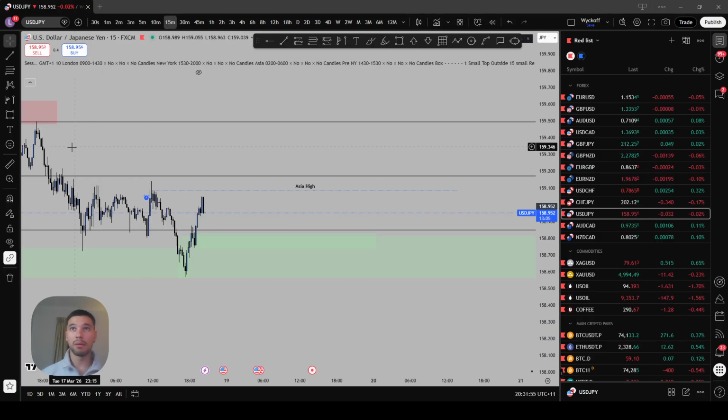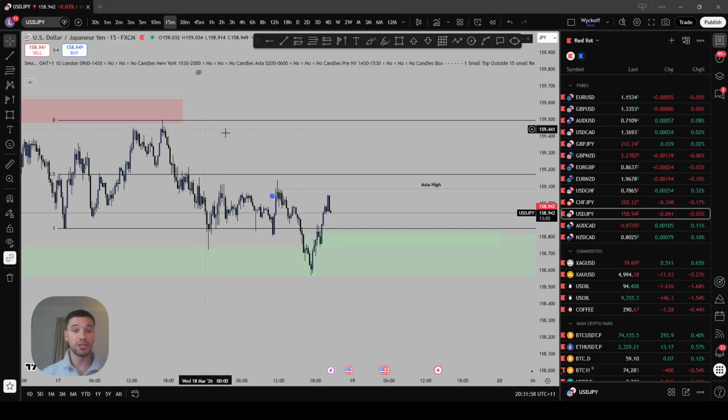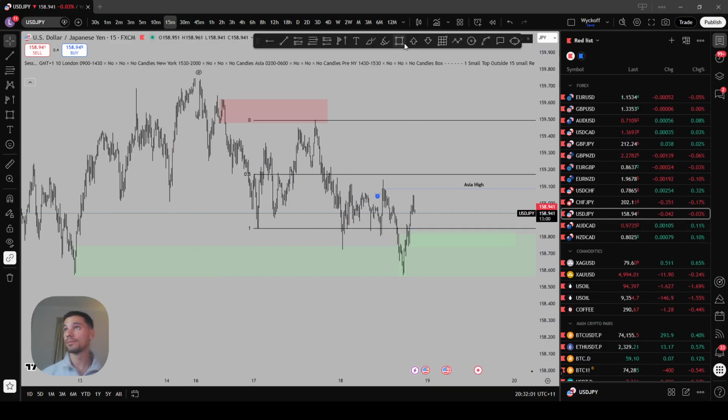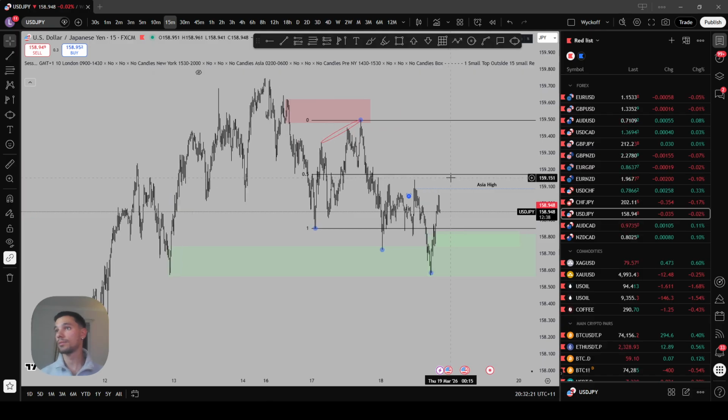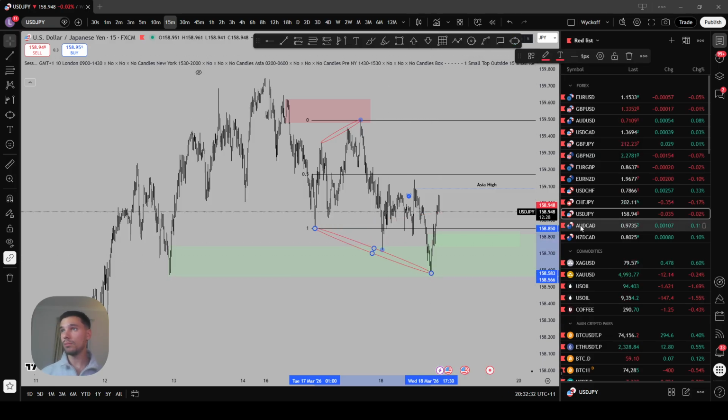Not really clean supply above us, which is pretty good. It is pretty good. It is to note, we did distribute here quite nicely. But I do like this. All right, next.